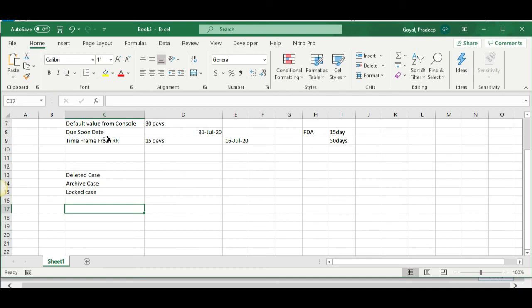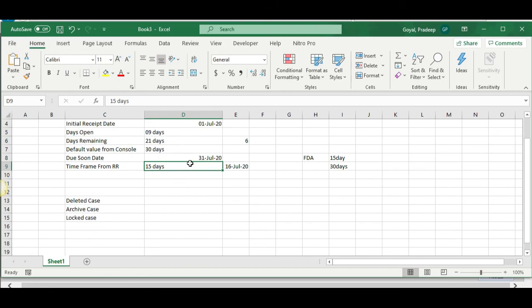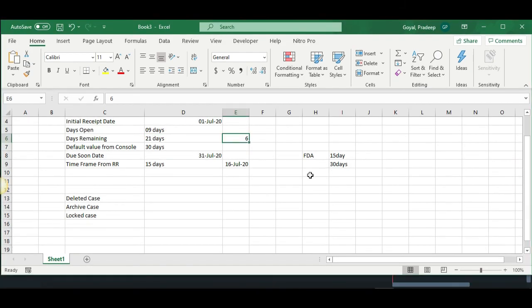So it pulls that time frame of 15 days and does the calculation, and then it tells us how many days are remaining. Earlier it was 21 days, now it has 6 days remaining. Now there could be an instance when we have multiple reporting rules and all of them are qualifying. Like it could be possible that we have a 15-day report, 20-day report, and a 7-day report. Right. So the time frame with the least, the 7-day, will be taken into consideration to do the days remaining calculation. We will meet again in the next video.